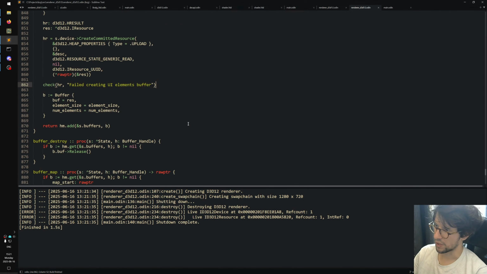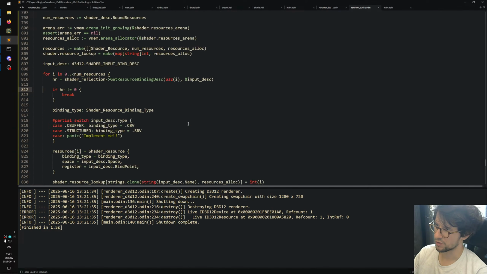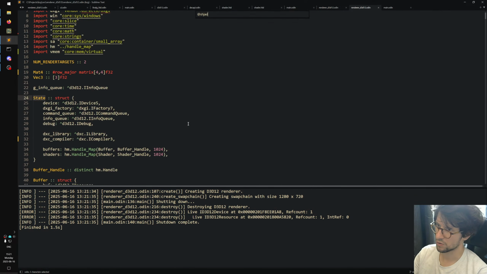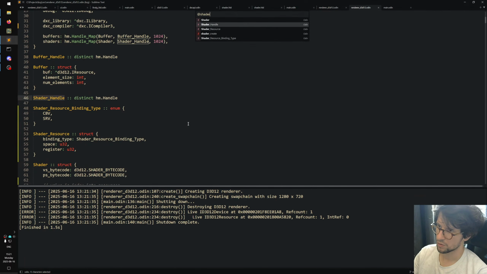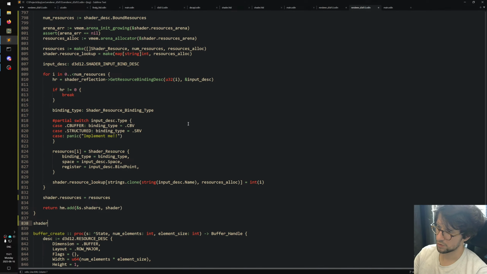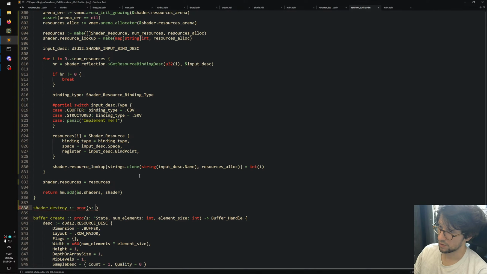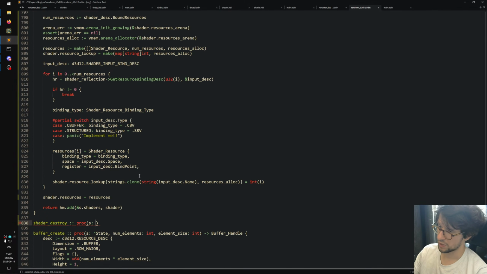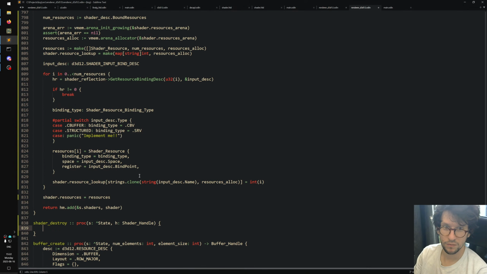And then we make a buffer destroy, no, a shader destroy. Yeah, shader destroy. It's a procedure that takes a... What does this one take really? I guess it's... Yeah,